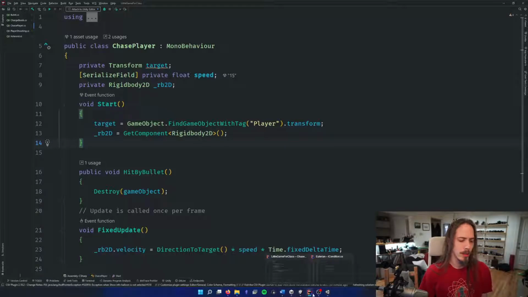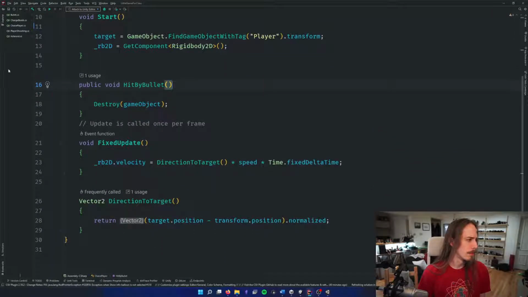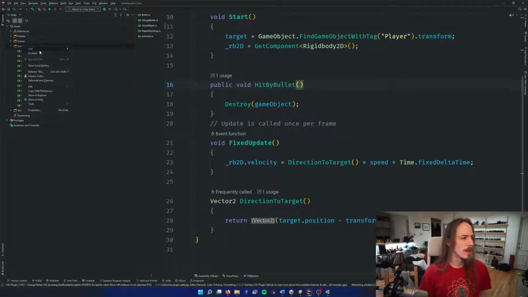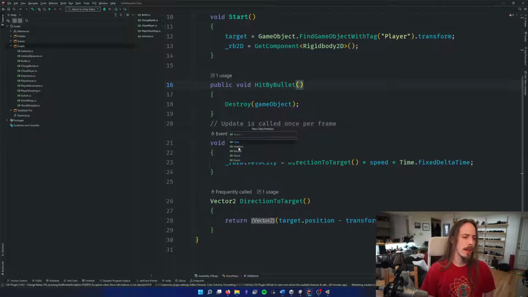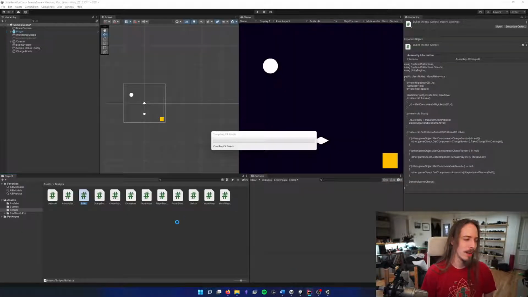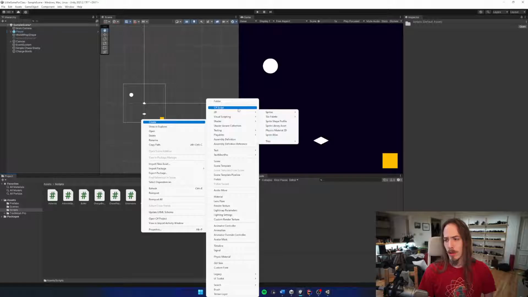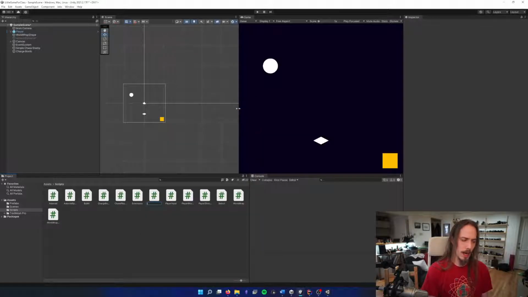And I'll show you a real project that uses interfaces in a moment. But we're just trying to keep things as simple as possible to really clearly demonstrate. So let's make an interface. To make an interface, there's a little interface option in Rider. Let's just add a script and see what we need to change if we add one from Unity. By convention, we start interfaces with the letter I and then the name of the interface. So we'll make a new script and we're going to call it